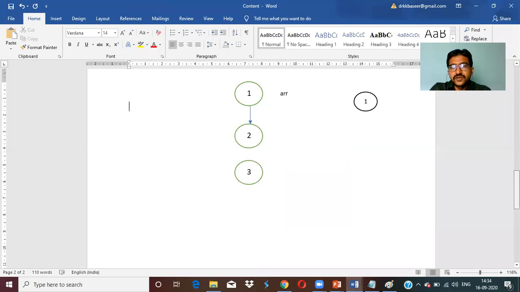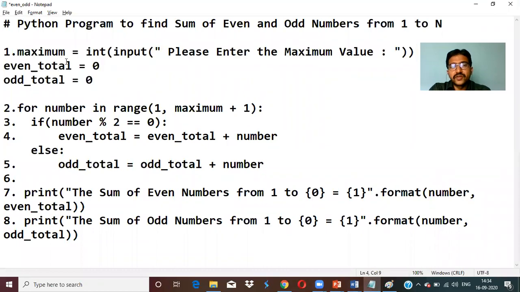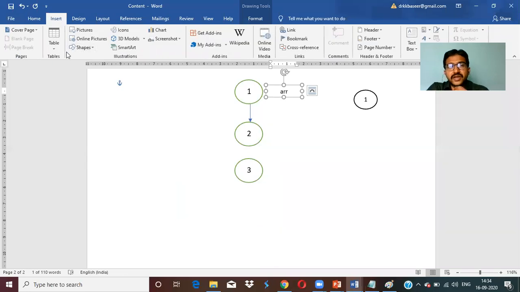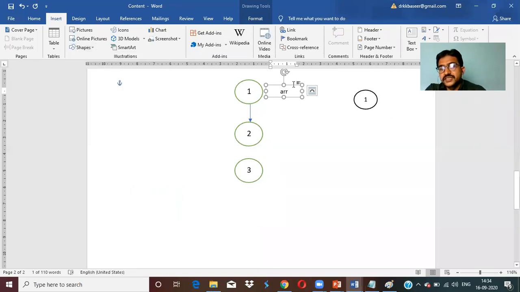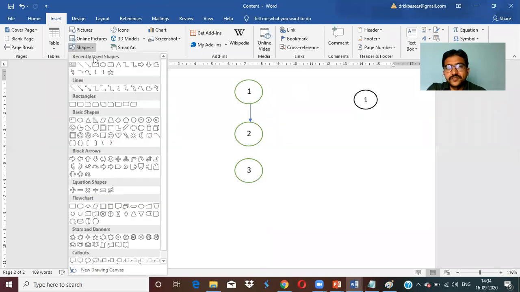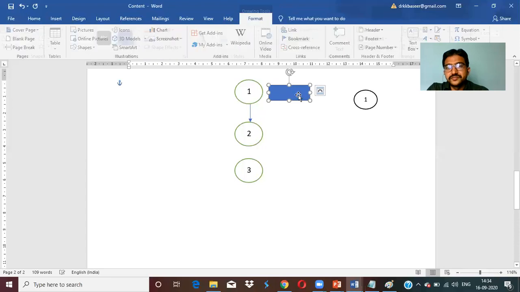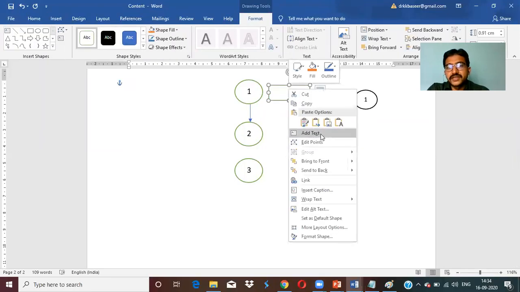Now once you are drawing this first step here, step 1, this is the max. Now for your understanding, you can also add a hint here. How? You can just insert a text box here. You can consider this as a text box for understanding what this step indicates. Insert, go to the text box, and you can add it here. So double click, use the white fill, add text.